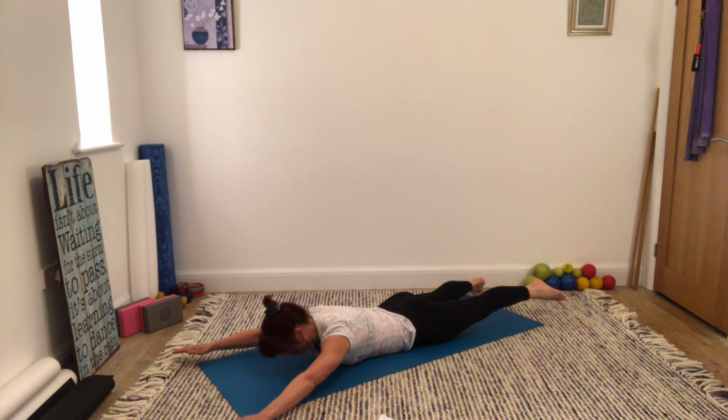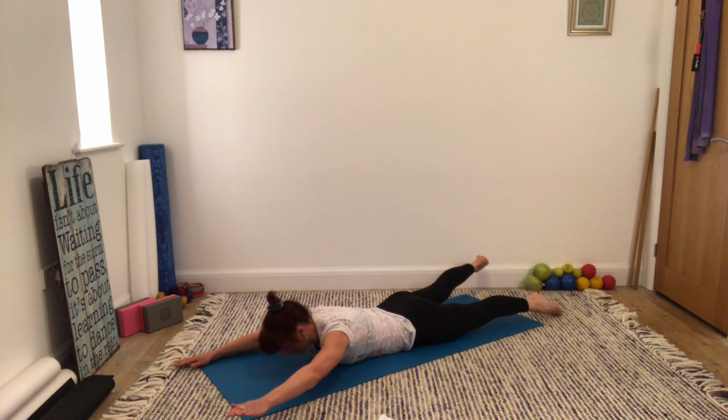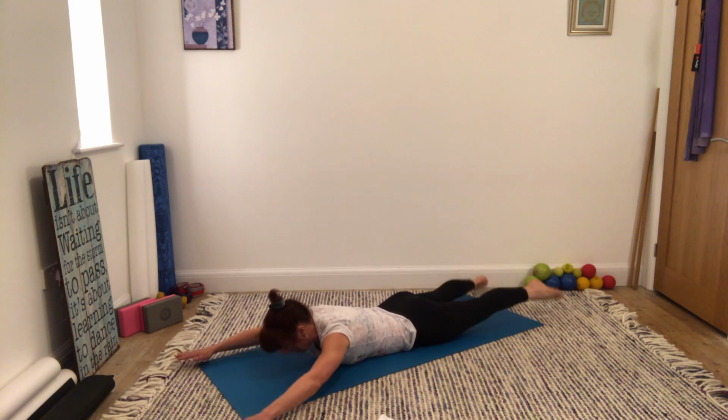Now we're touching opposite hand and leg, hand and foot to the floor, and then swapping and swapping and swapping. The focus is all 4 limbs in the air now. And if you can, get a little bit faster. Touch, touch, touch, touch, switch, switch, switch, switch, until you start to paddle